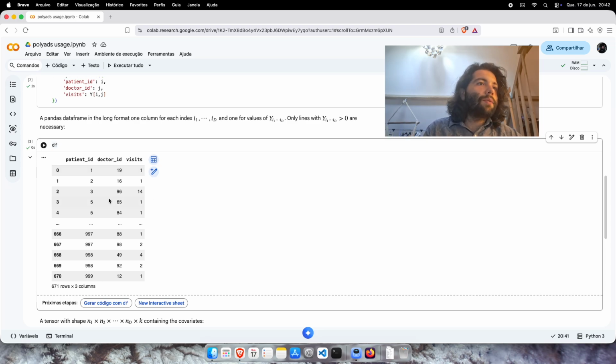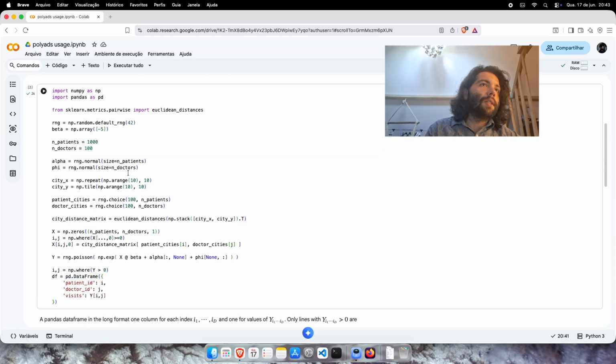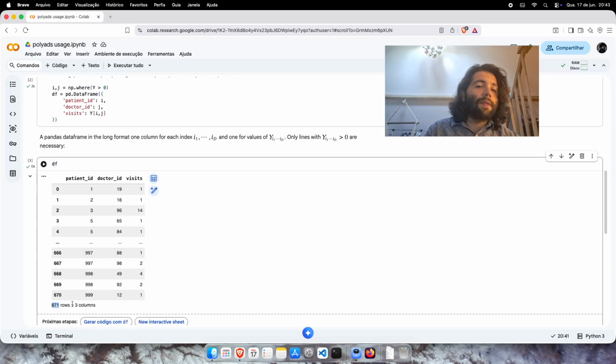In this example, we have just almost 700 non-zero edges. Out of, I have here 1,000 patients and 100 doctors. So out of 100,000 possible edges, since it's quite sparse, I have only 700